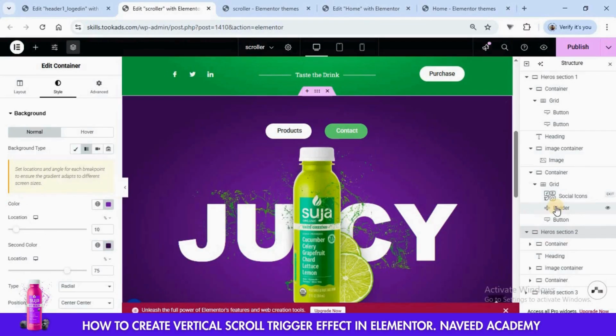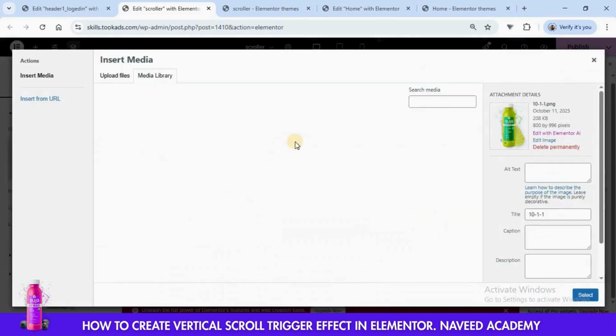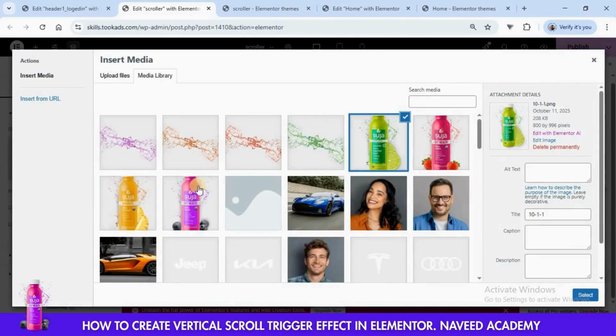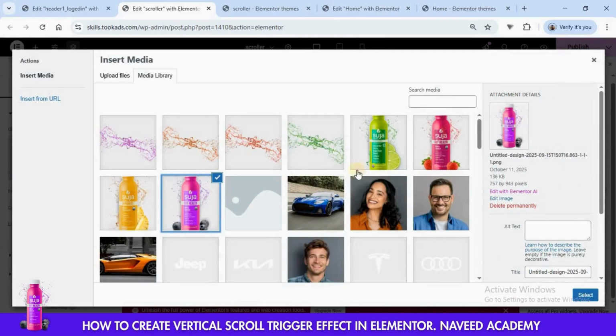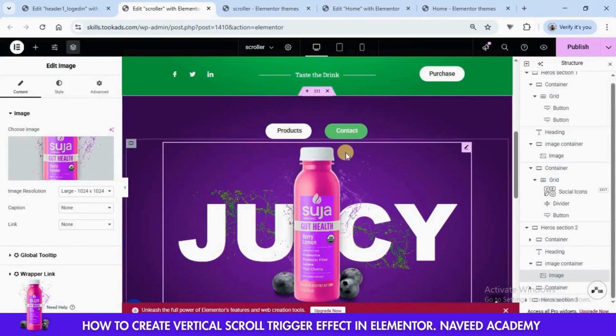After changing the background color, click here on the image container, go to image, choose the image and choose a related image according to your background. Now you can see that our image has been updated. Now we also need to change this image which is set in the background of our text.